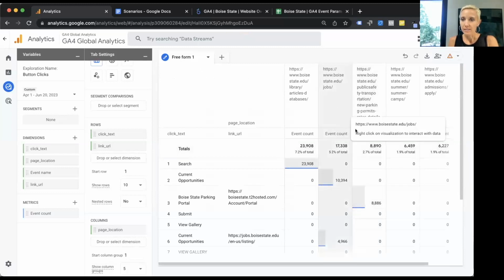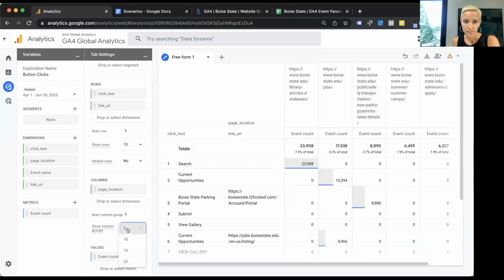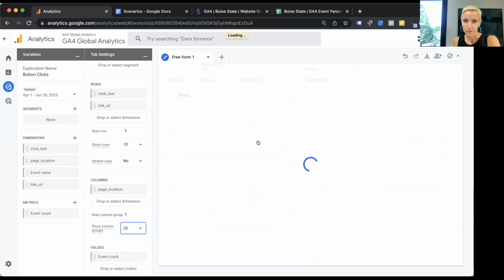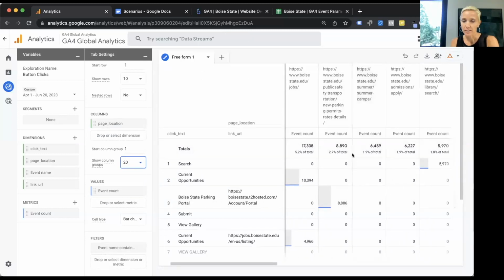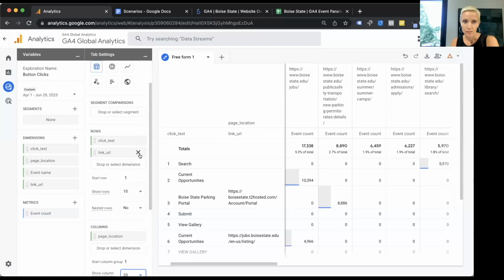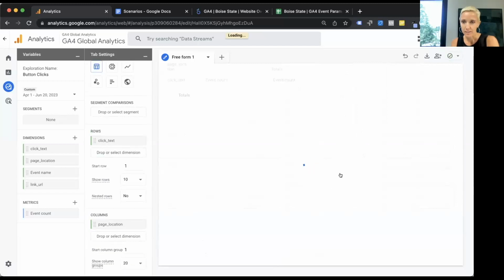Now I can see it's a little bit easier to digest, and I can actually extend this to 20 columns. I can see which pages people are clicking on and what's the click text. I'm actually going to remove the link URL because it's kind of making the data a little messy.